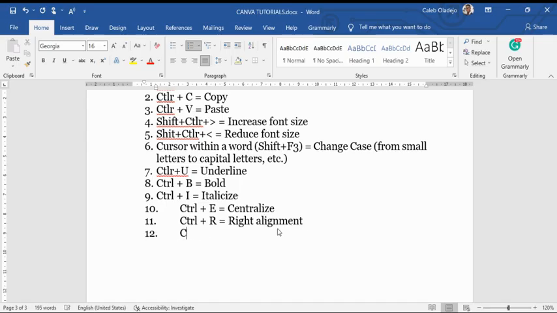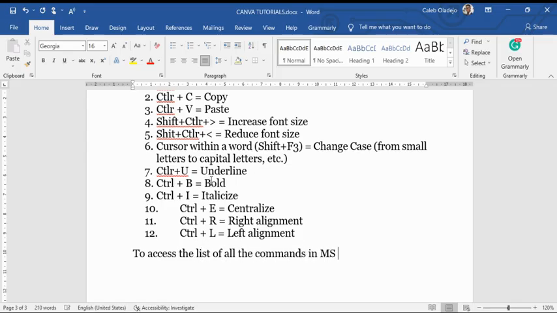Then Control plus L is going to turn it to left alignment. There are so many commands in MS Word now, but if you want to see the list of them, please watch, this is very important for the basics of Microsoft Word. To access the list of all the commands in Microsoft Word, also shortened as MS Word,